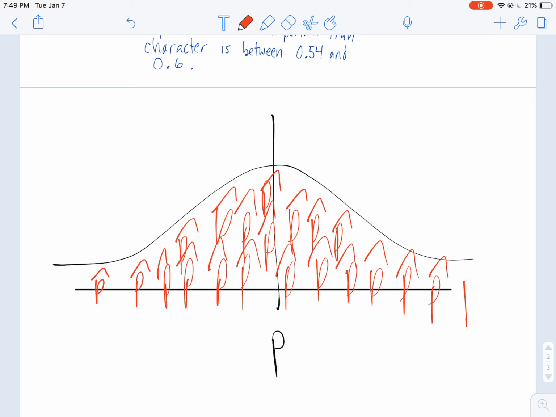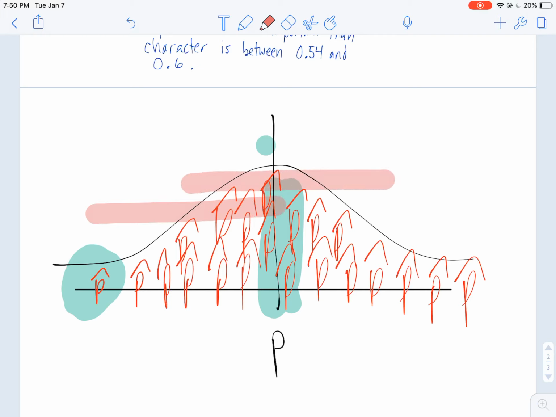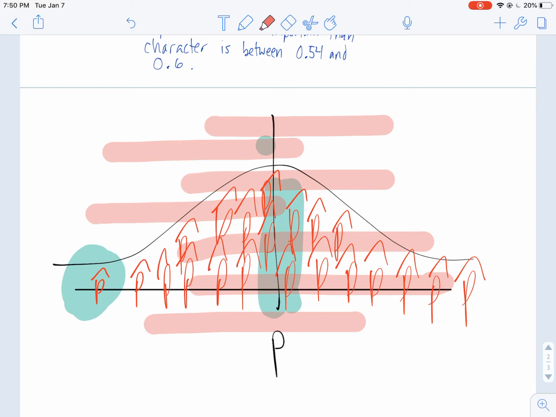Some of those random samples, if you do them, you'll get that true parameter right here. Those could be that true parameter. Some of those, say you do a random sample, even a really good one, you might get a statistic that isn't even close to your parameter. So what the confidence interval does is it gives you a range of values. So you build it off of a statistic, and then it extends out like so. Maybe you get confidence intervals that look like this. These are your intervals. Now, in these cases, they're capturing that true parameter somewhere in that interval.